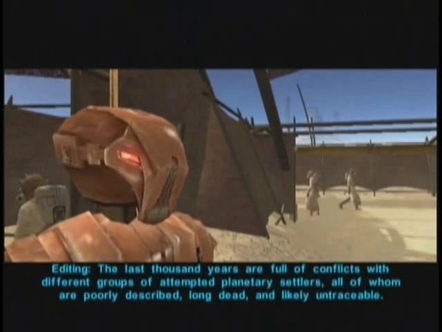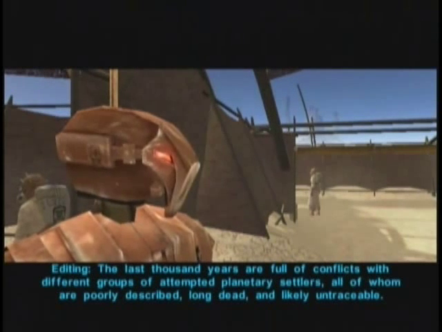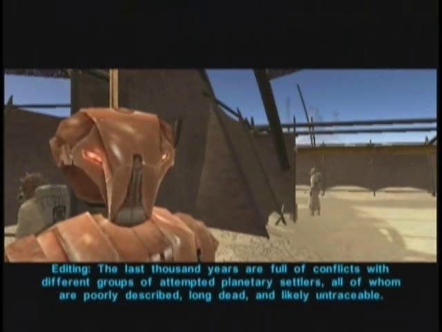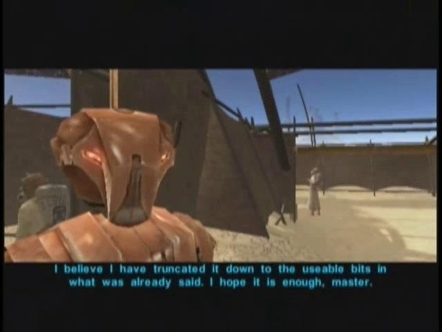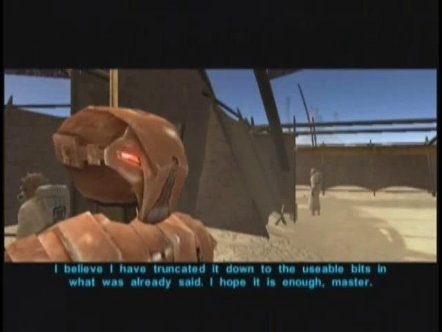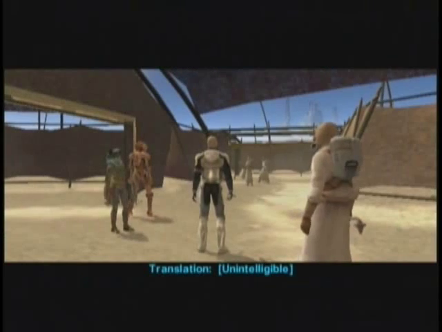Dang. Is that it? Editing. The last 1,000 years are full of conflicts with different groups of attempted planetary settlers, all of whom are poorly described, long dead, and likely untraceable. I believe I have truncated it down to the usable bits in what was already said. I hope it is enough, Master. Alright, that's enough. Translation: